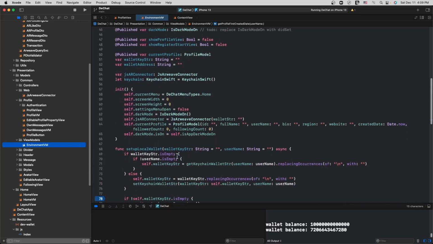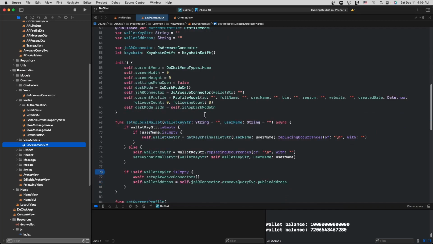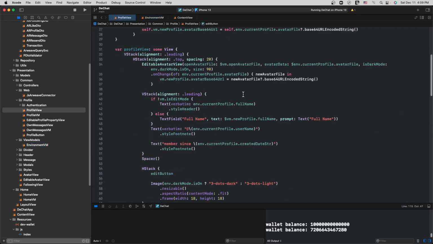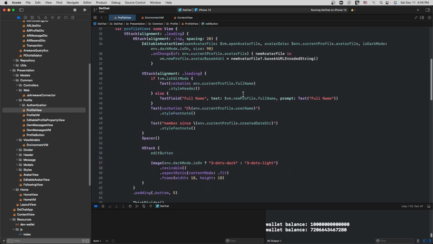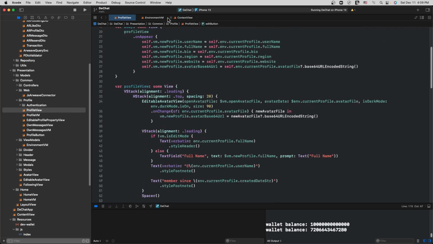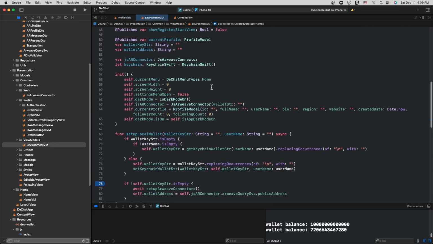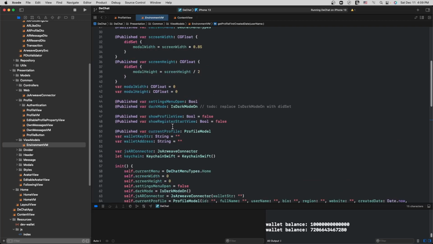The main thing that I want to show is that in this view model we have this one. Once you register, or if you've registered already in the past and you've created your wallet key, it will create this profile model.